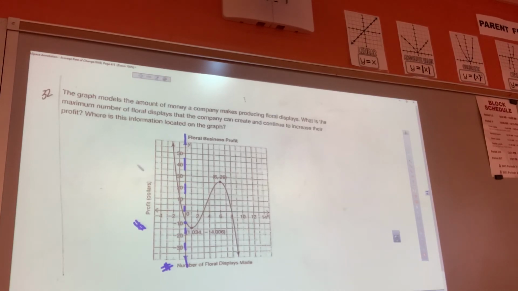So when it asks, where is this information located? It's right there. How do you interpret that? The maximum number that we would make would be 6, because that would give us, for 6 displays, $26. After that, we would start decreasing. Okay,